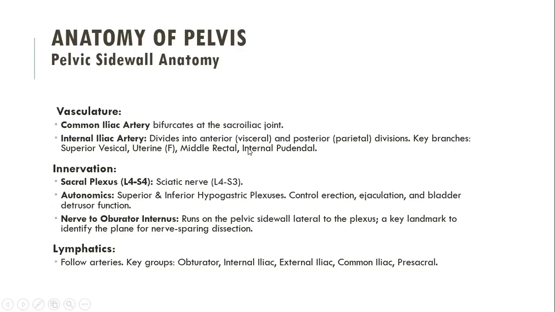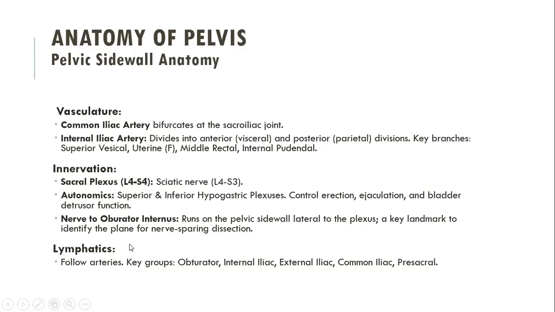And it has key branches like the superior vesical artery, the uterine artery in females, the middle rectal artery, and the internal pudendal artery. Innervation in the pelvis comes from the sacral plexus, the nerve roots of L4 to S4. The sciatic nerve is the most common nerve from the sacral plexus that supplies the entire pelvic wall and structures. Autonomics like the superior and inferior hypogastric plexus are also located in the pelvis and they control erection, ejaculation,